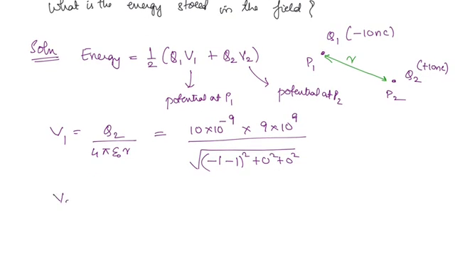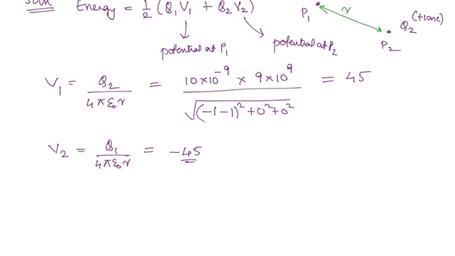Similarly, you can find V2. Okay, so this is going to be Q1 by 4 pi epsilon naught R. Okay, so only Q1 is going to change, everything else is the same thing, right? So if this thing, you will get 90 by 2, right? So it is 45. So this you're going to get minus 45. Why? Because here you have a negative charge. Q1 is negative value. Okay.